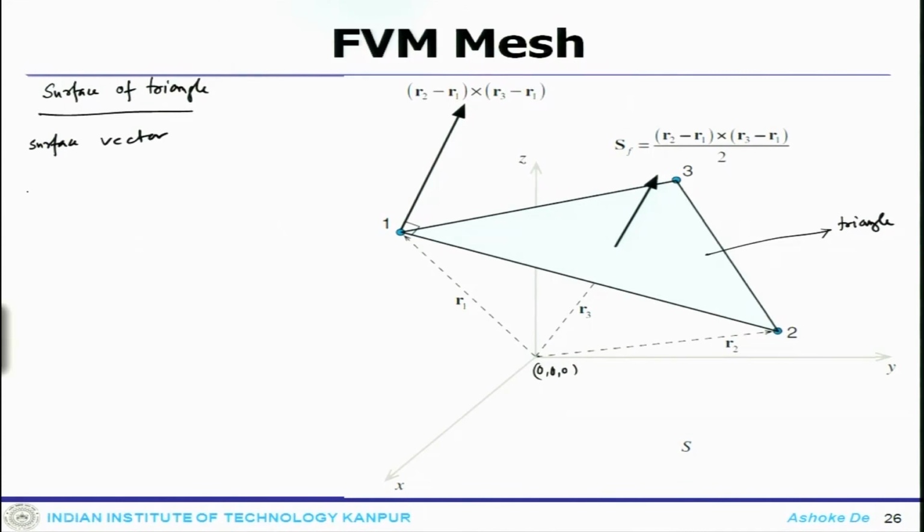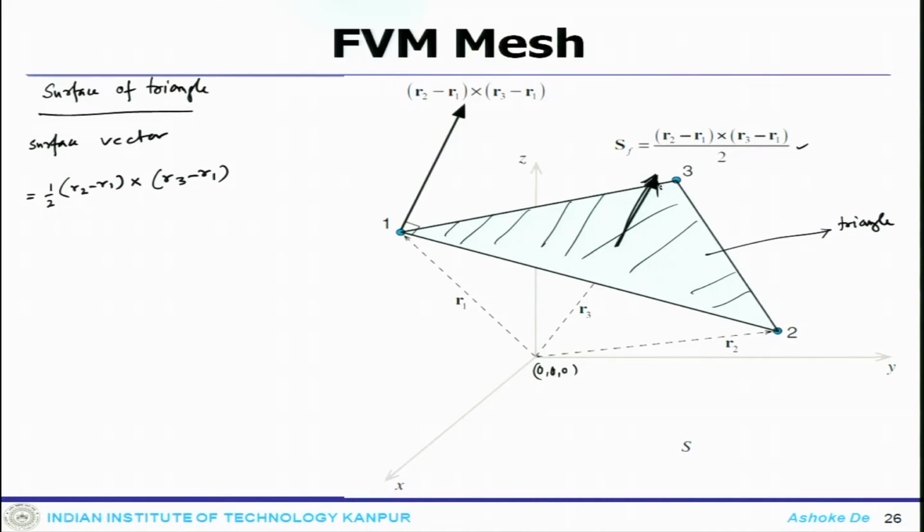How can you calculate the surface vector? You can calculate it as half of (R2 minus R1) cross (R3 minus R1). Okay. So, that is a cross product. This is how you calculate the surface vector, and it would be pointing like this. Essentially this is my triangle, though it is shown in this XYZ framework, it is essentially a 2-dimensional element. This is the triangular face, and on top of that the normal would be pointing outward.